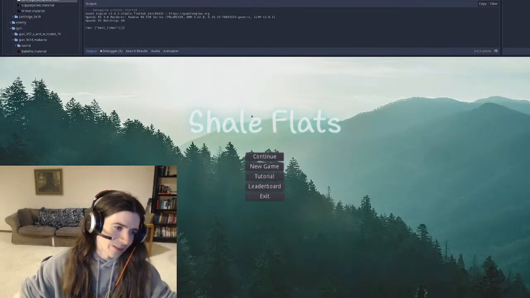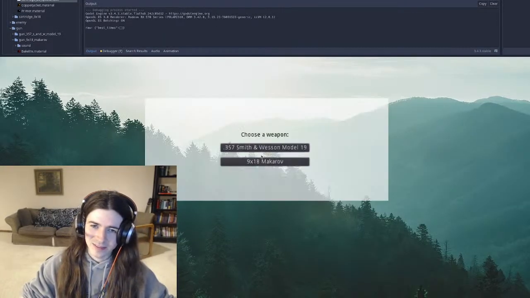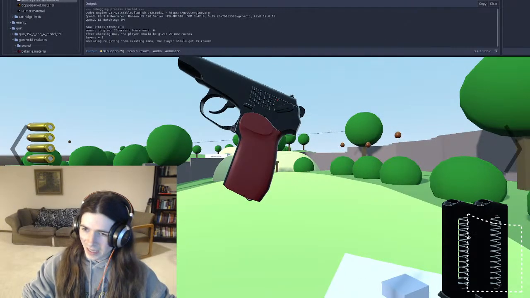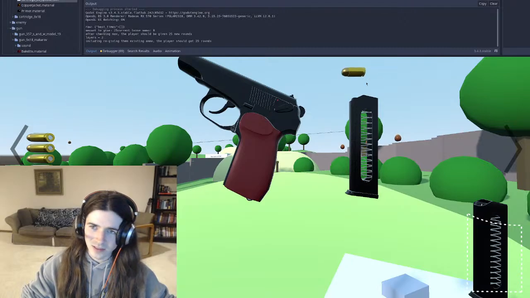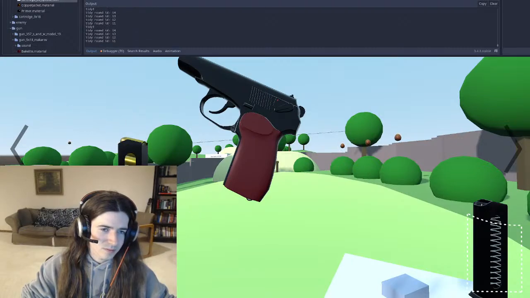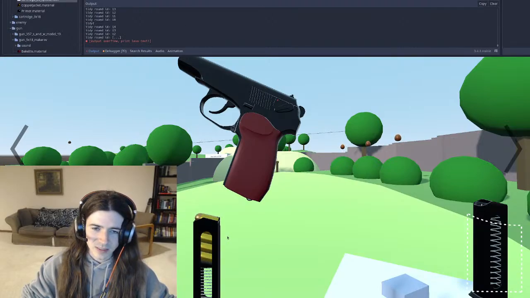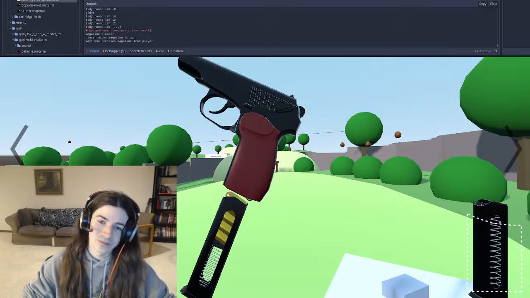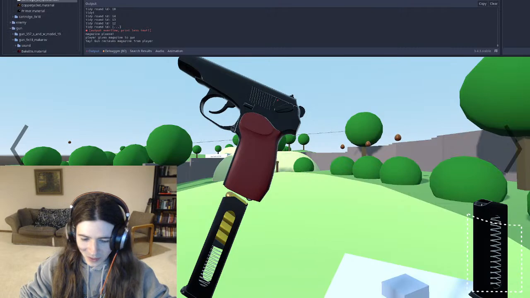And then, if we really wanted, we can try that real quick. So we can still put some rounds in this right now. But if we put it in the gun, like that, now it's in the gun, we shouldn't be able to load anything into it. And that's by design. So there you go.